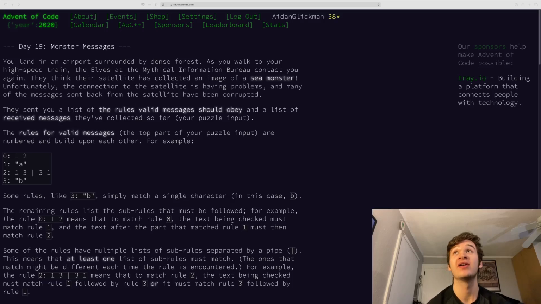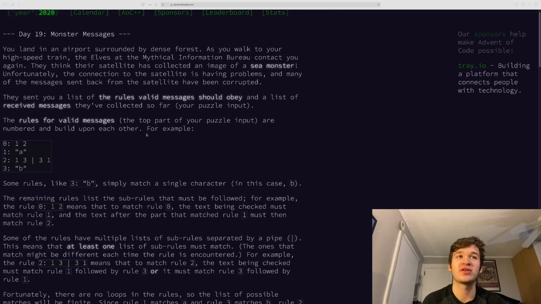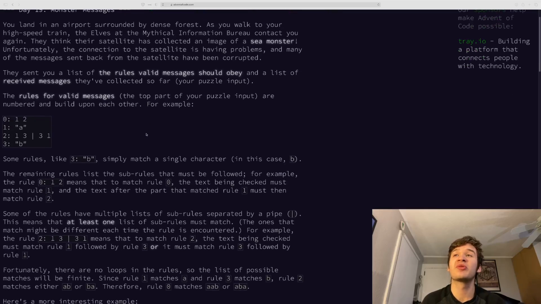So today's problem is called Monster Messages, and we are receiving messages from the elves back in the North Pole about a sea monster they think they saw. And the thing is that some of the messages might be corrupted, so we need to check for the valid